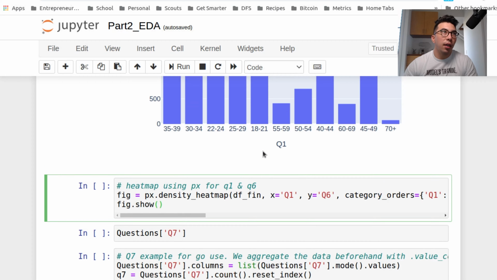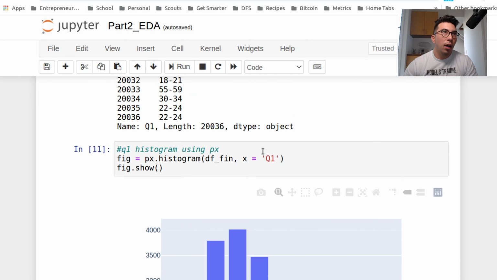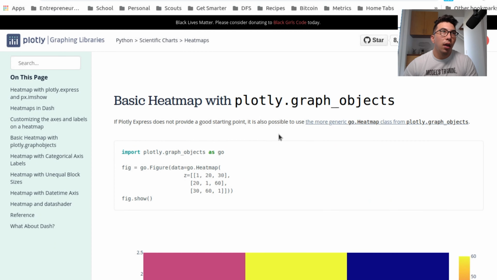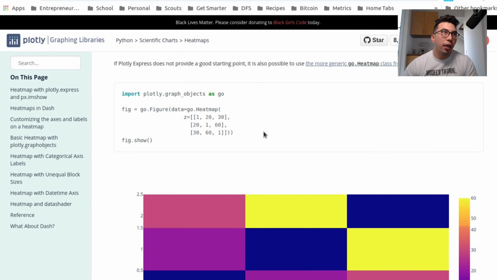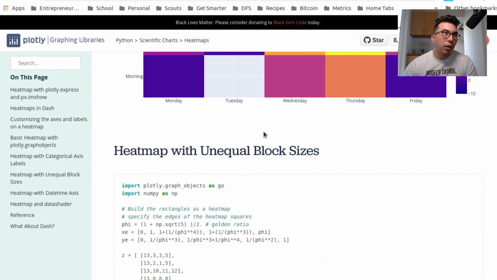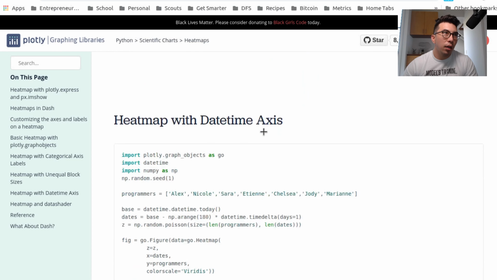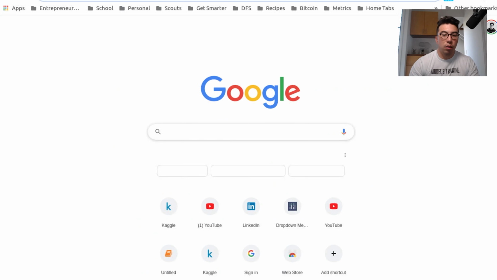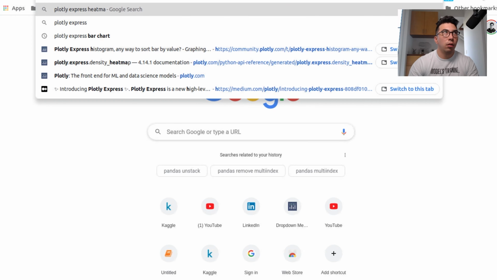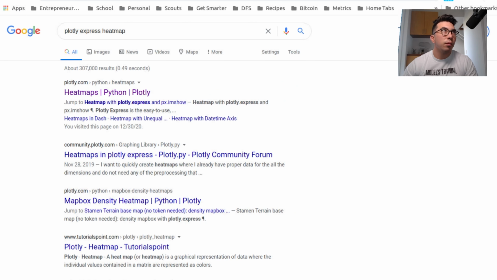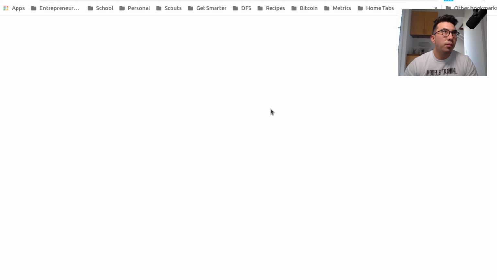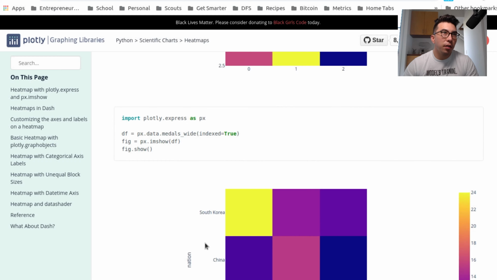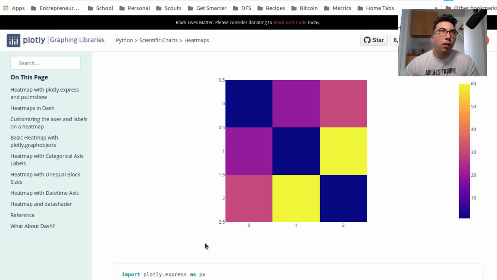So just like in that previous one, I searched the Plotly documentation for heat maps, and I got this for Plotly Go, but there's also, I believe, a Plotly Express. Maybe not. Getting ahead of myself there. Okay, here we go. So Plotly Express. Most of these were